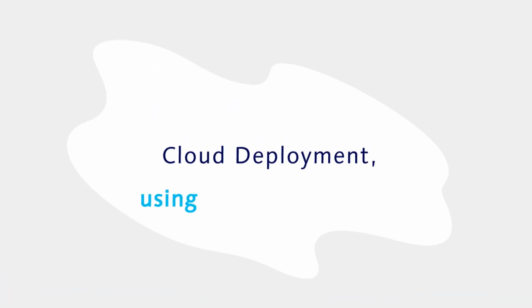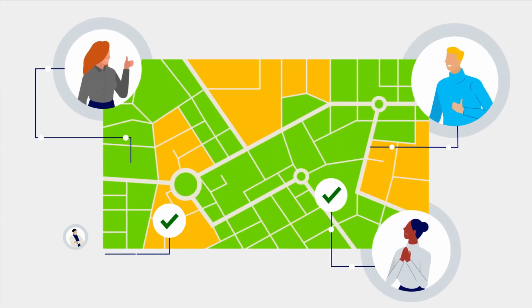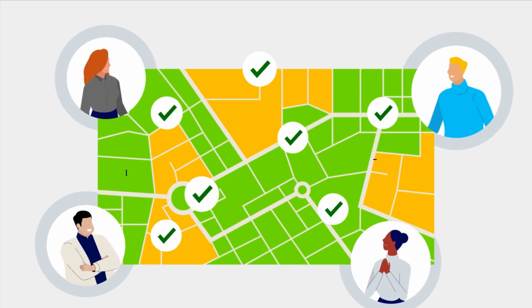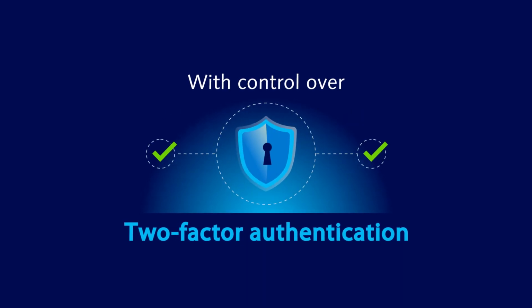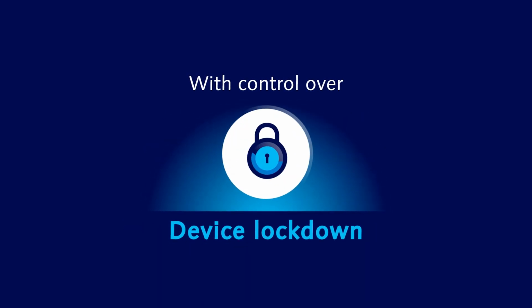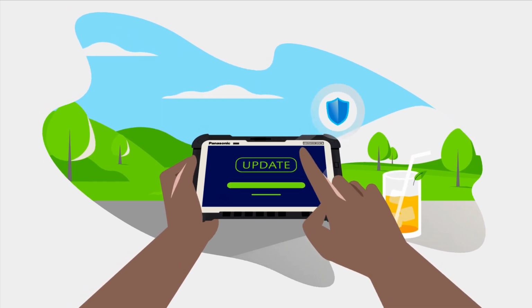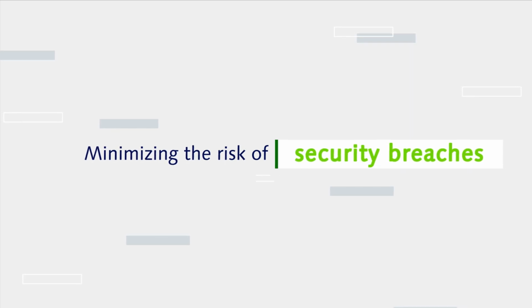Cloud deployment using Microsoft Intune allows you to remotely deploy and manage software updates and security patches on your devices, wherever they are. With control over automatic updates, remote management, two-factor authentication, and device lockdown, IT can ensure devices are always up to date and secure, minimizing the risk of downtime, data loss, and security breaches, while maximizing device uptime